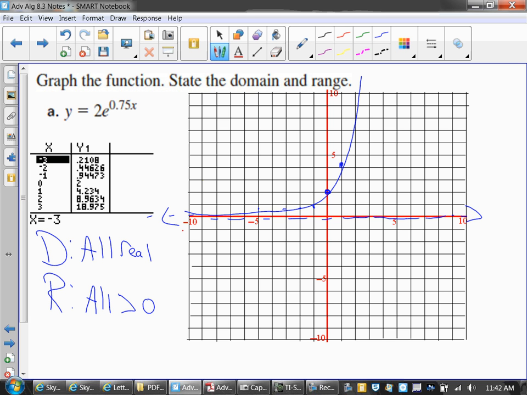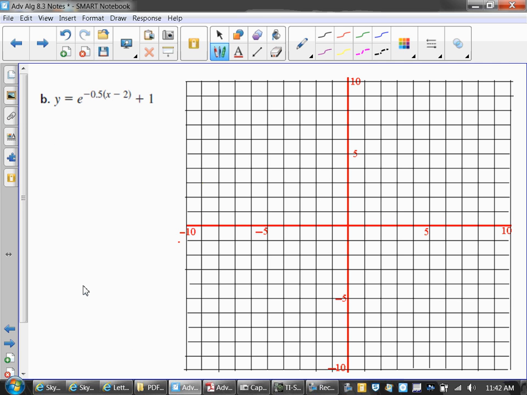All right. So now, what do you think is going to change when you have a shift? Nothing's going to change. You're still going to graph that parent function and then shift it. So in this case here,